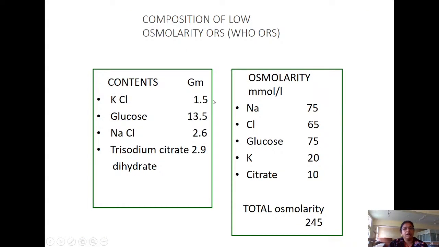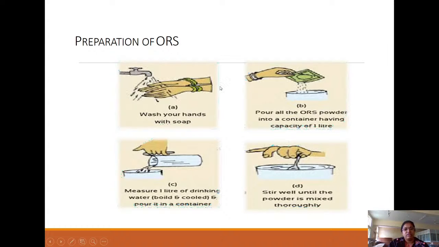So what is the composition? The contents are potassium chloride, glucose, sodium chloride, and trisodium citrate dihydrate. Here glucose is providing energy, and these others are providing electrolytes. Trisodium citrate dihydrate increases the shelf life of your ORS. You want the total osmolarity to be 245, where sodium is 75 millimoles per liter, chloride is 65, glucose is 75 again, potassium is 20, and citrate is 10. So the total becomes 245. As you know how it is prepared, in 1 liter,